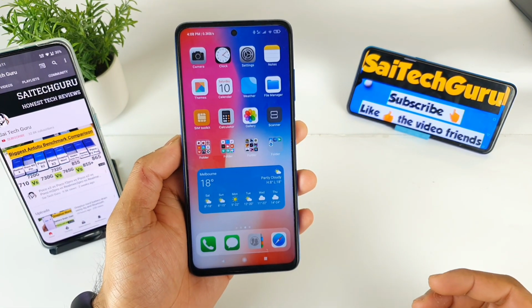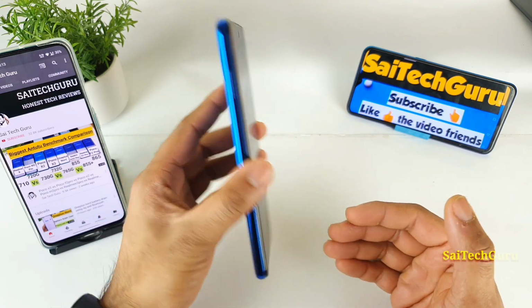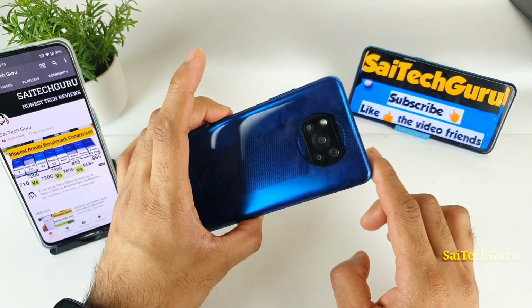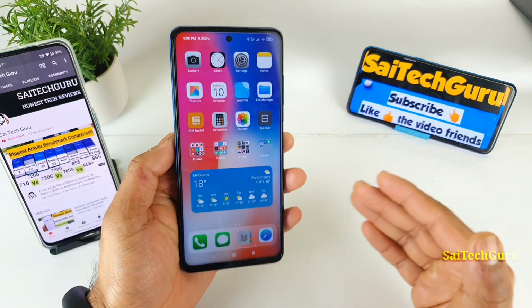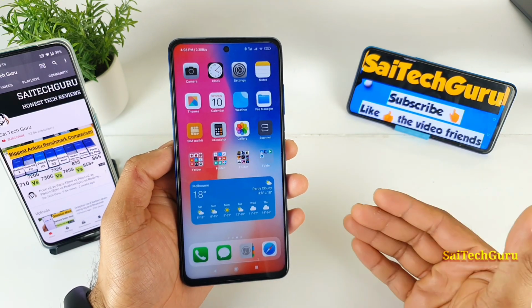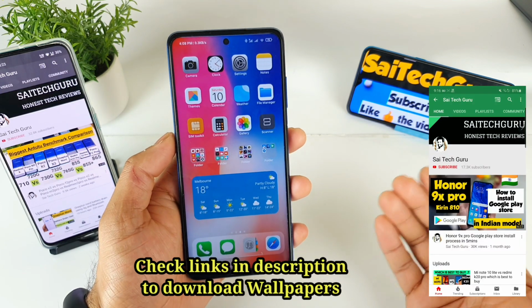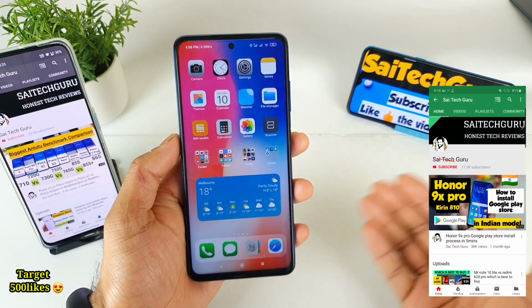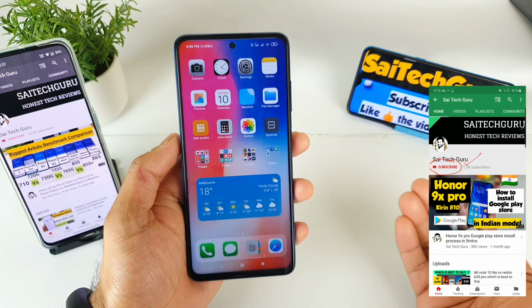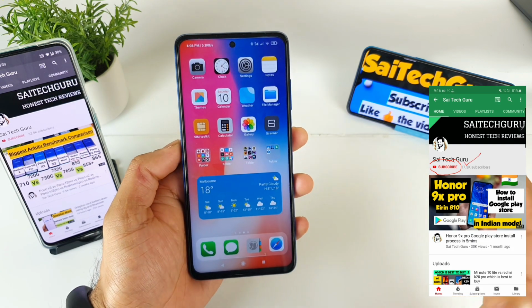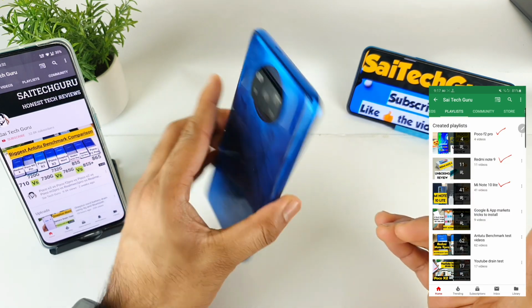In this video I'll be talking about the auto brightness feature functionality in the Poco X3 device. As you can see friends, in this video I'll be testing the speed at which auto brightness increases and decreases depending on the lighting conditions. So let's see whether the speed is actually fast or slow in terms of changing the brightness if you use auto brightness mode in the Poco X3 or not.